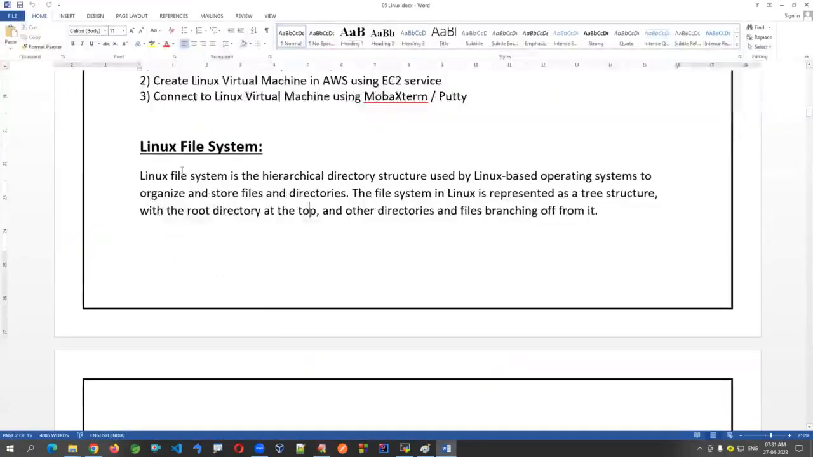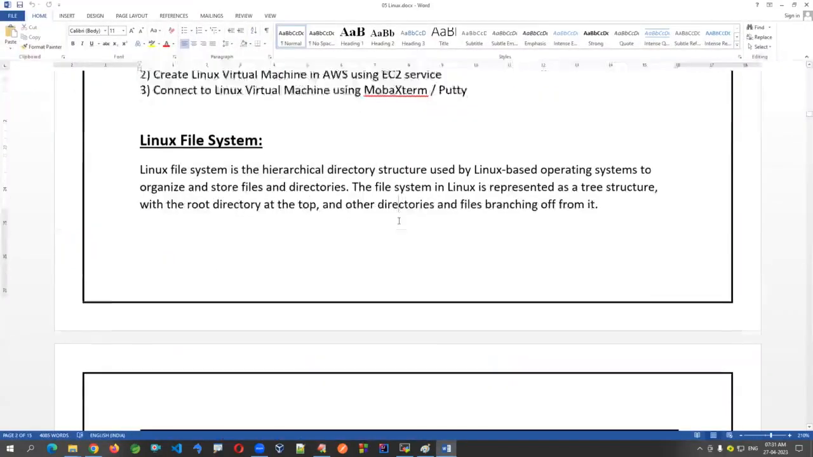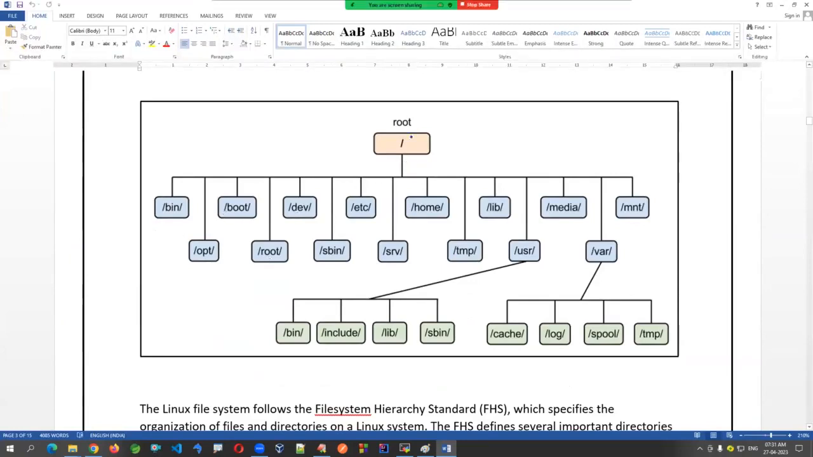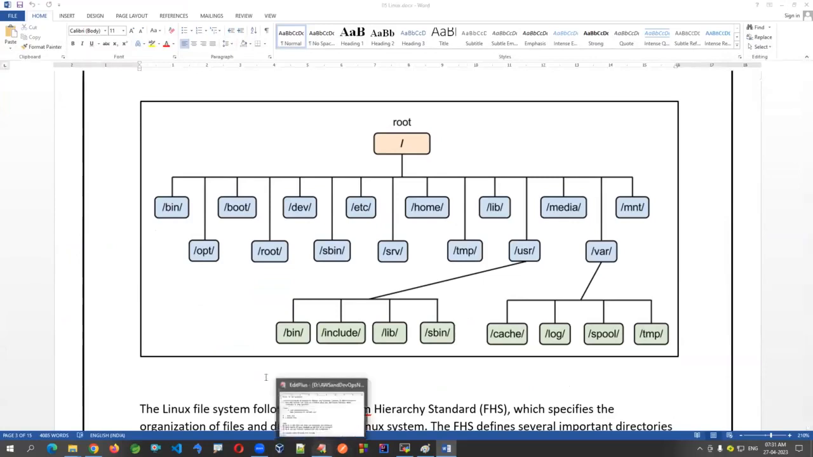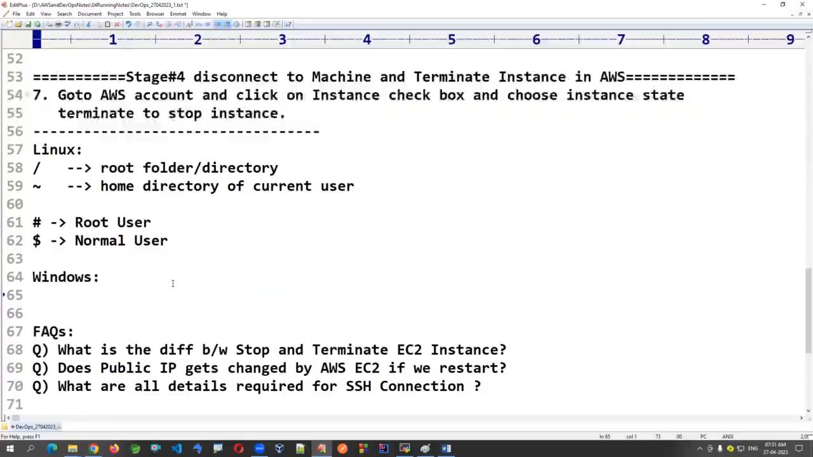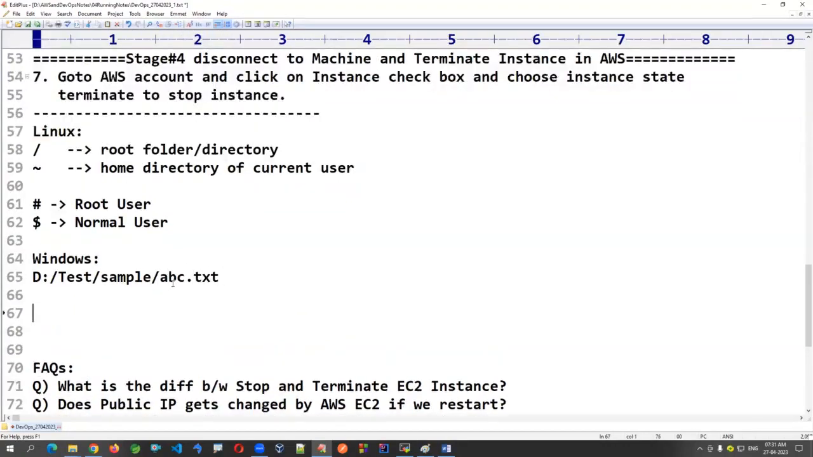Linux file system hierarchy, the directory structure. You can identify it here, for example: root, bin, opt, boot, root. It always starts with slash if you want to indicate any location. Generally in Windows, the full path is D drive, test folder, sample folder, abc.txt. The same thing in Linux: